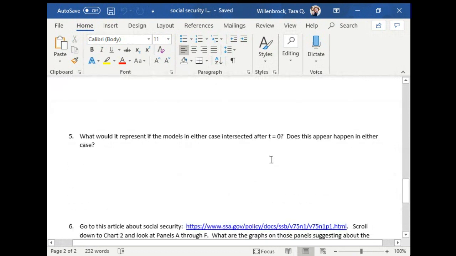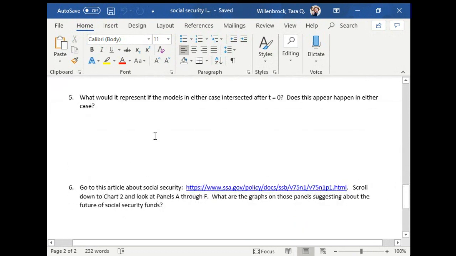So that's really the calculus part. Now I'm going to ask you to do some thinking. This is a mathematical question. If the models intersect,